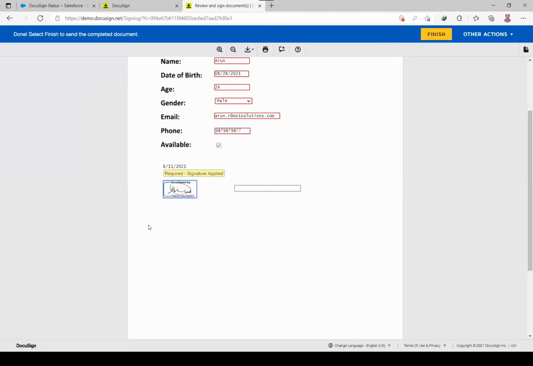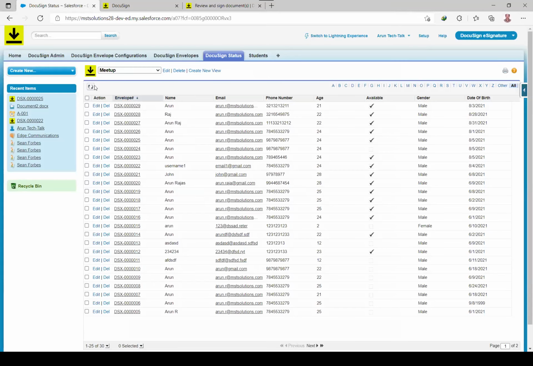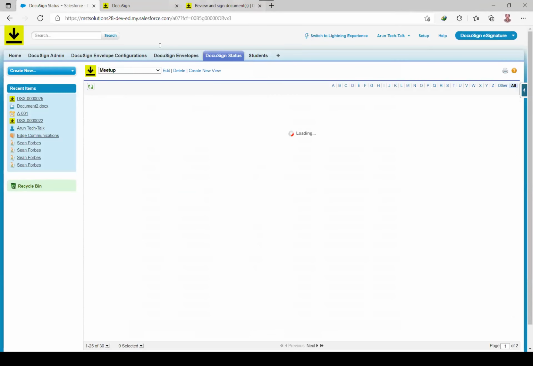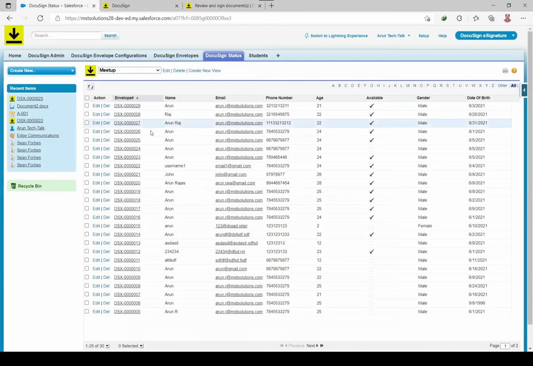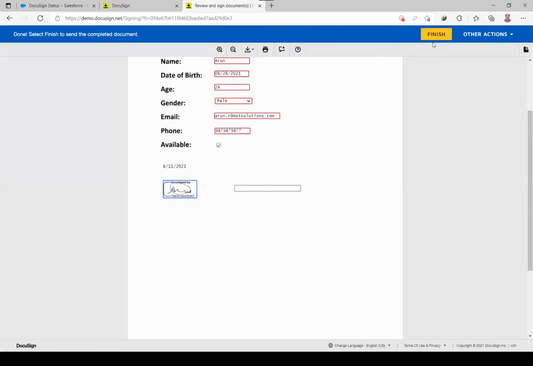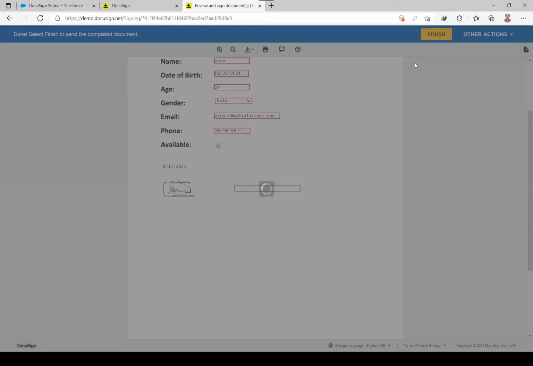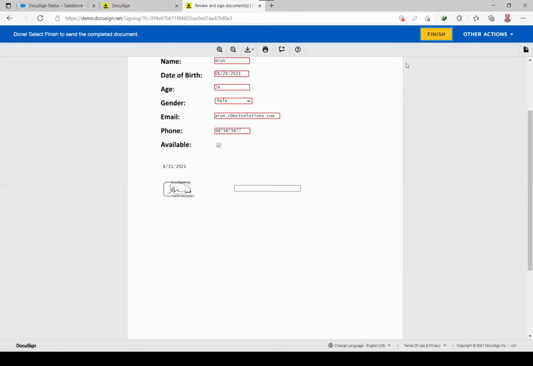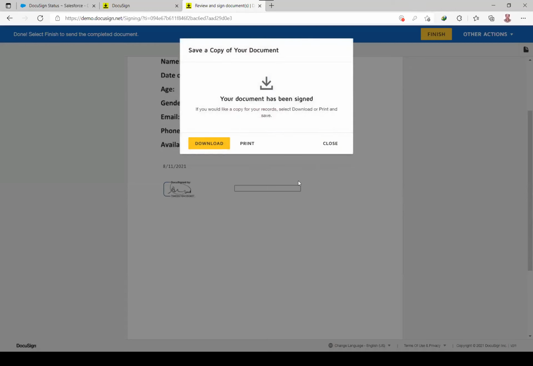Like I said, whenever the form is submitted, a new record will be created in our Salesforce. The recently created one is 029. Now I'm completing my form. Whenever you complete it, we have an option to download our completed form.